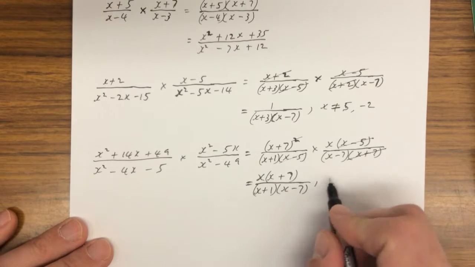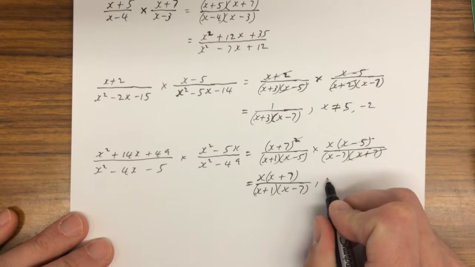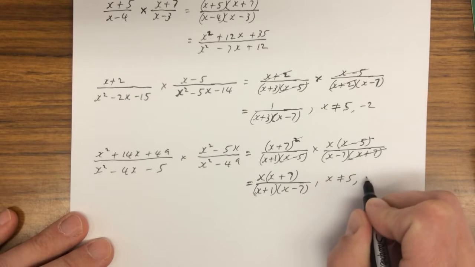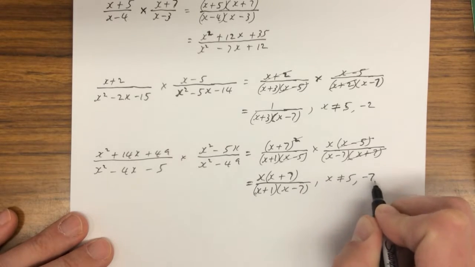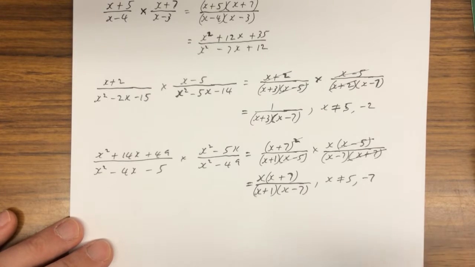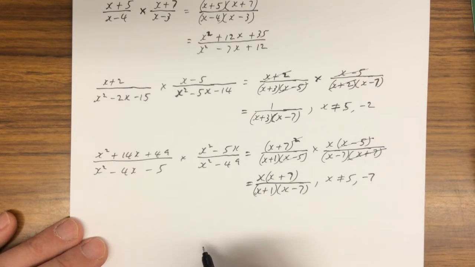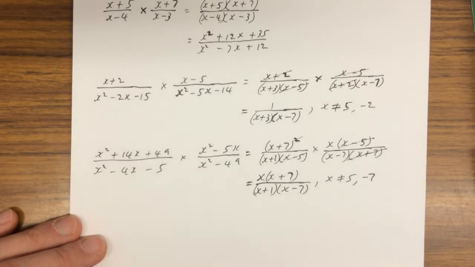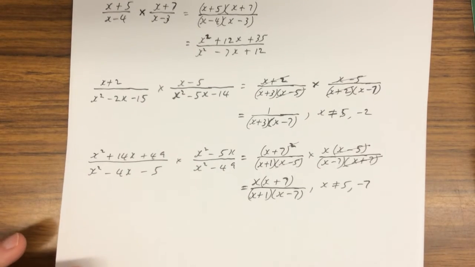Okay, and now we have to state the restrictions: x cannot equal 5 and x cannot equal negative 7. Now some might like these listed in order from least to greatest, so you might want to do that. And that's multiplying. So if we want to take a look at dividing here,